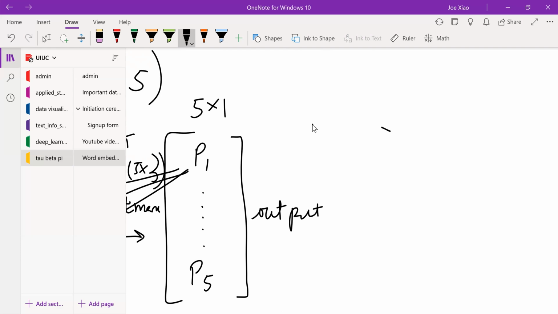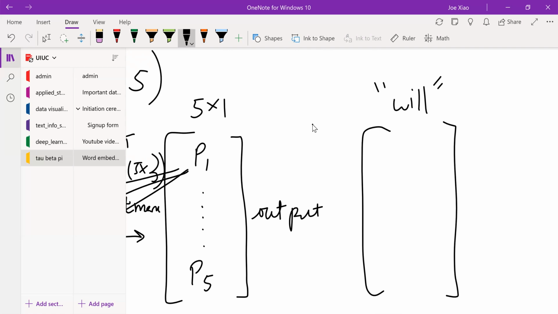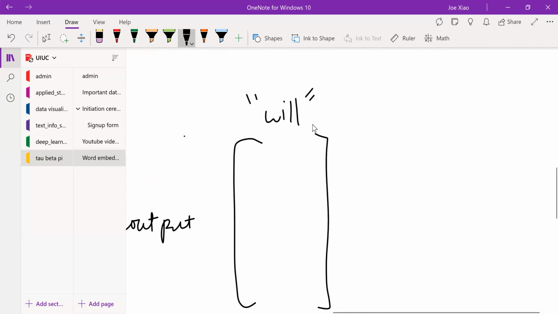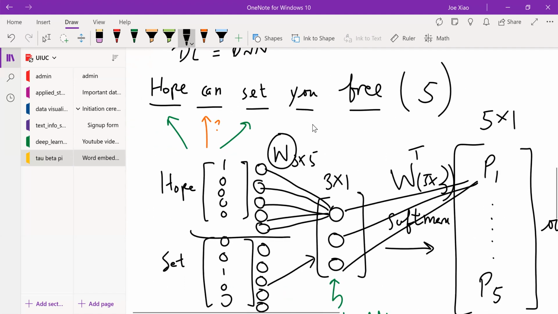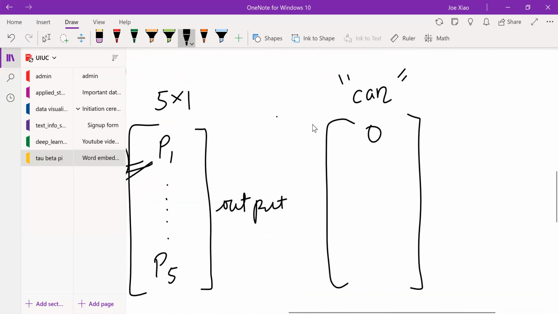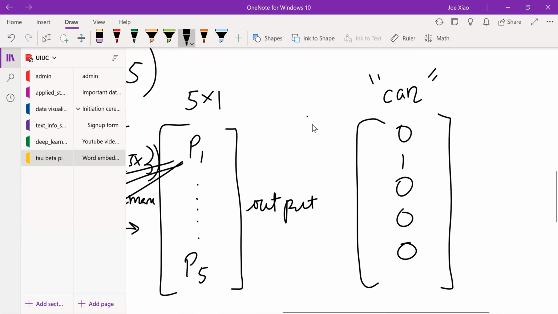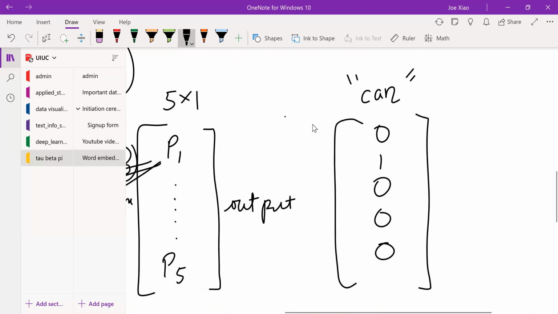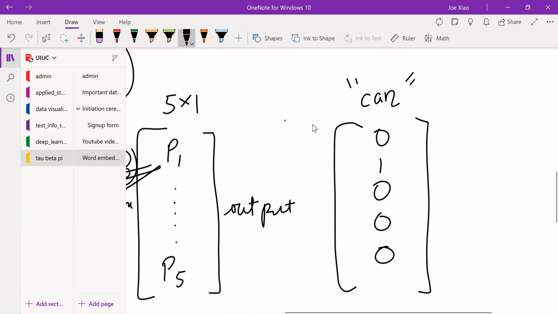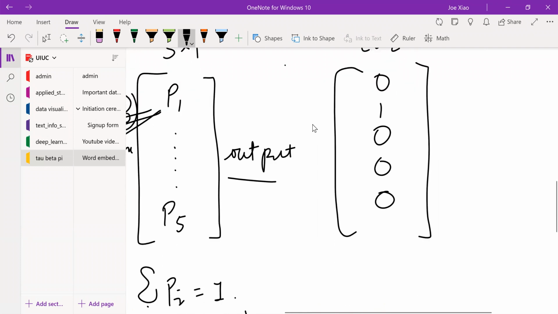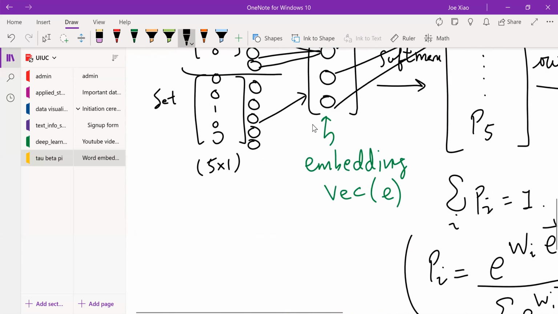And we want to compare this to the ground truth. Remember that the center word between hope, sorry, it's not will, it's can. Hope can set you free. So the center word is can, and that has a one hot representation like this. So now we have the output, we have the so-called ground truth, and then we can compute